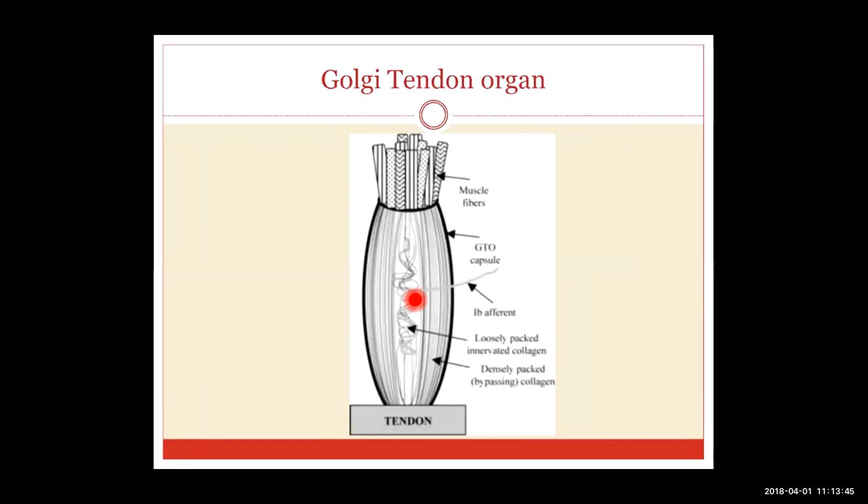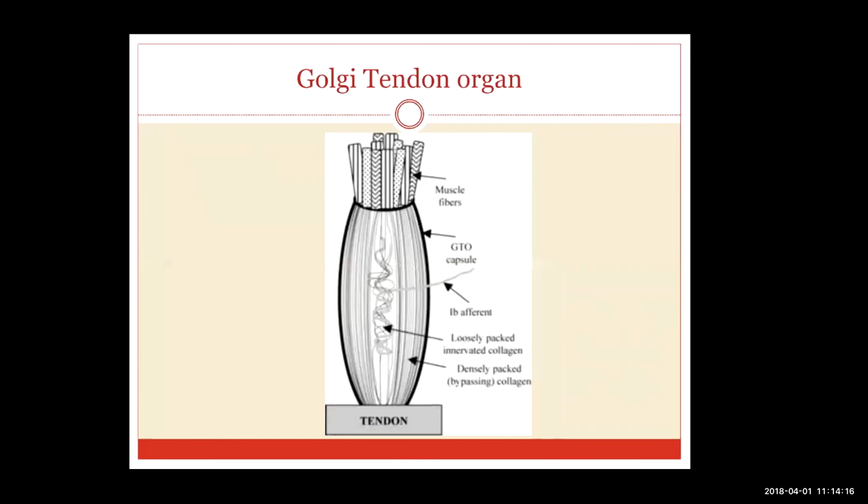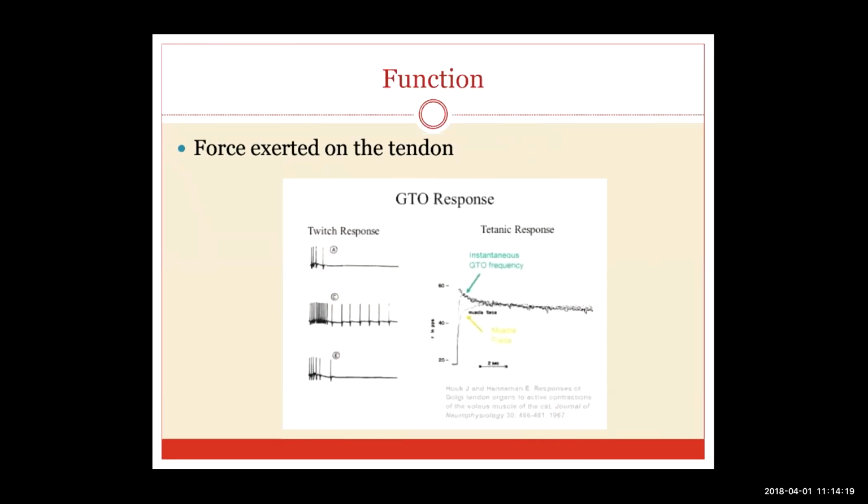So what it primarily tells us, since the Golgi tendon organ is situated in the tendon, is any amount of muscle pull. Last week, we saw that when the muscle contracts, it pulls the tendon, the spring-like portion of it. Any of these changes are picked up by this and sent to the brain. So the greater the pull of the muscle, the greater the force generated, and the greater the influence going from the Golgi tendon organ. Primarily your brain can know what force is being exerted by the muscle. So the function of the tendon is that it picks up the force which is exerted on the tendon.